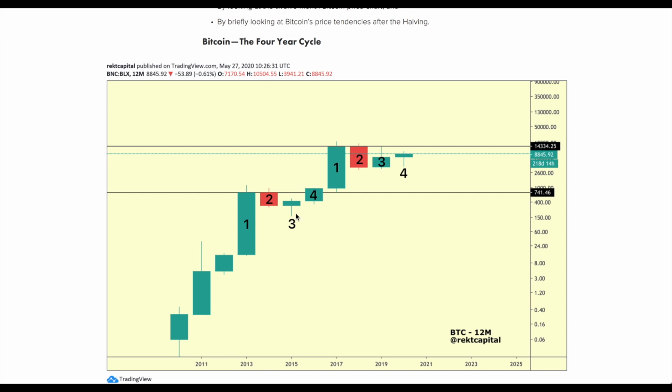So once the bottom is in, this is where FOMOers do dive into the asset. They start to buy at higher and higher levels, and this is what achieves, or at least allows for, a continuation in phase 4. And phase 4 is essentially the very beginning of this recovery. And if you want to think about it this way, this is essentially a U-shaped reversal from the bottom and starting into that continuation after that recovery.